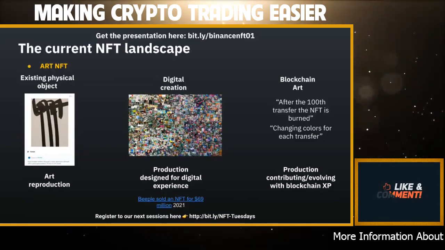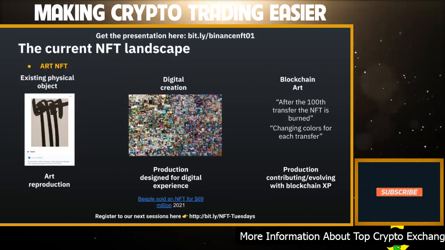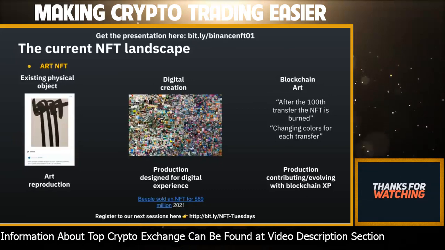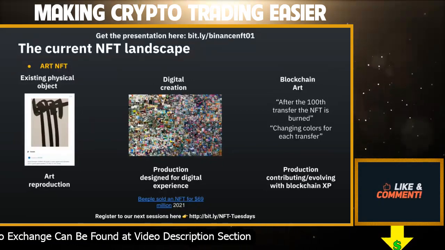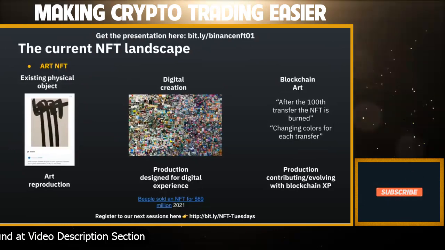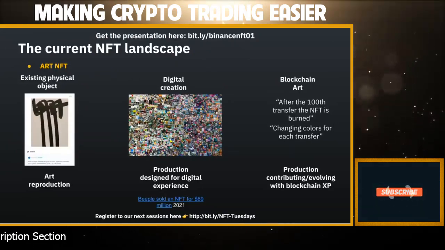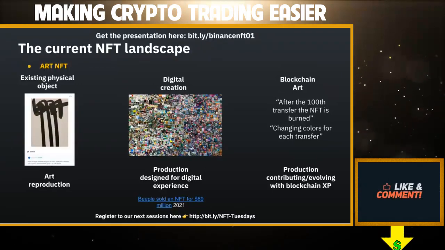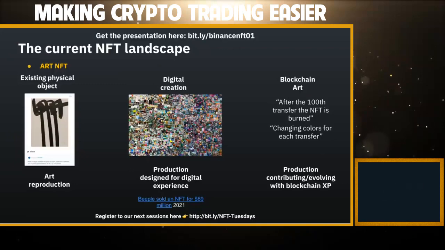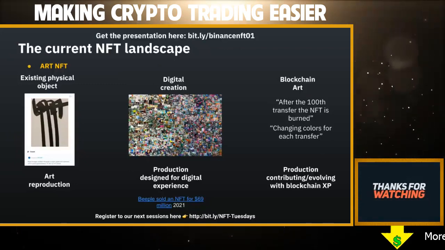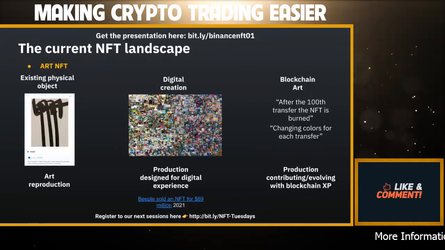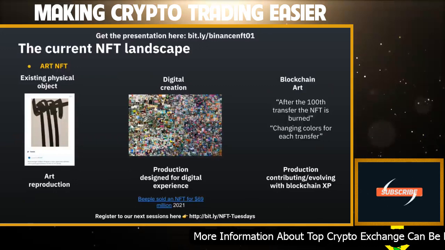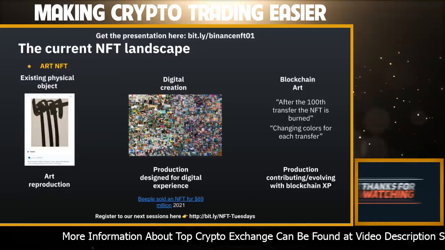And for us, a little bit like when we analyze how innovation flows, we're going to speak about the next generation, which is a generation where artists understand blockchain technology and use it to their own advantage inside the artistic process of creation. So it could be an NFT that after the 100th transfer is burned, or changes form. Or maybe with each transfer, it could change color, or lose some information, gain some information, etc., all based on a smart contract that could be created only for that, because at the end of the day, we're creating an art piece.